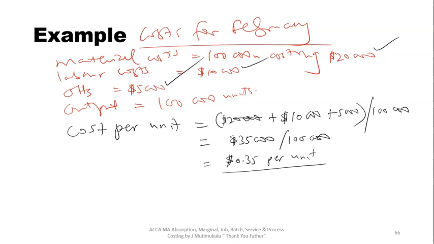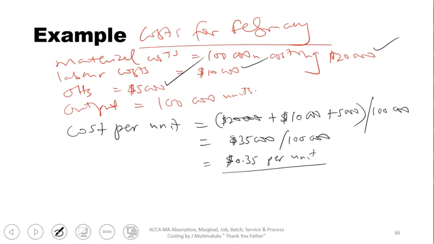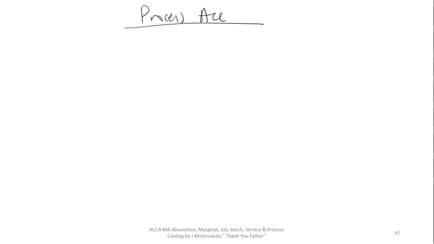All right. And the examiners would want us to do a process costing account. Okay, a process account for this. So we would say process account. Okay, and remember, an account is usually presented in the form of a T. All right, so that's a T account for the process.